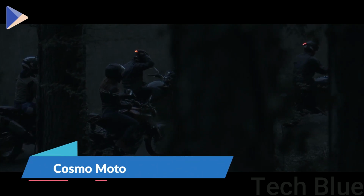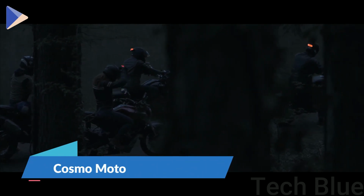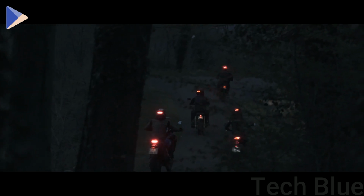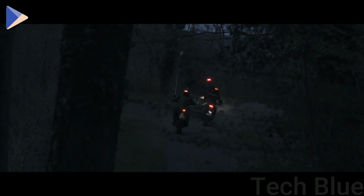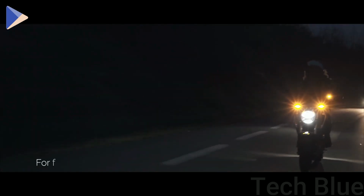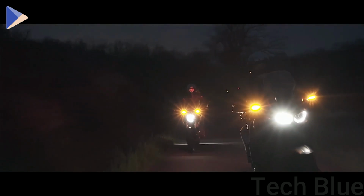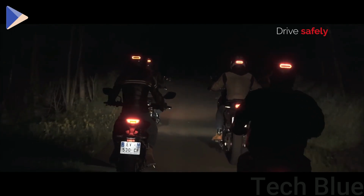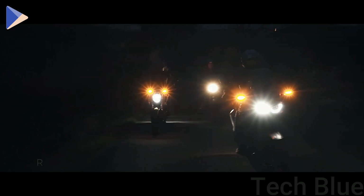The Cosmo Moto is meant to be attached to the back of your helmet instead of the back of your two-wheeled vehicle, like a regular brake light would be. It can be used with any standard bicycle helmet or any other kind of helmet on the market today. The idea behind Cosmo Moto is that when you hit the brakes, everyone should be able to see exactly how much you're slowing down. When you let off the gas, hit a bump, or use the clutch, the red light on the back of your helmet will turn on. Because your helmet is probably at their eye level, other drivers and riders will be able to see the light